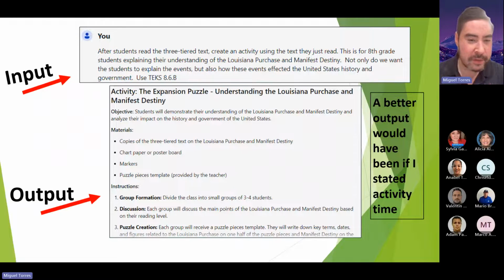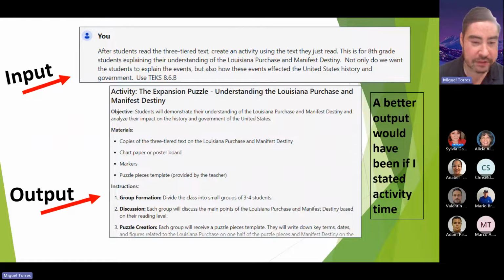So it's giving me an activity, it's giving me the materials, and it's telling me the group formation. Like if you had no idea what the Louisiana Purchase was, and you just woke up in the morning and you're like, oh, I didn't study for that, it's here to help you. And even if you do know what it was and you were prepared, and you're like, man, last year's lesson didn't go so well, what do I do this time? You can actually use this to your advantage, going like, I didn't think of that.